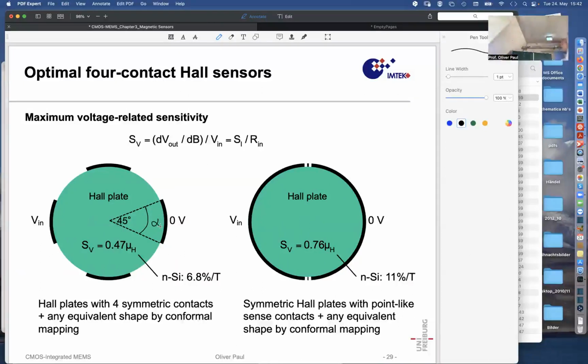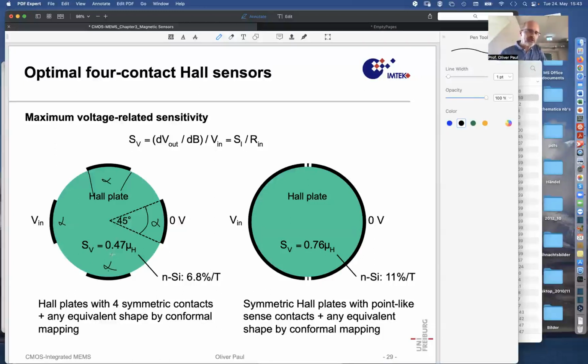You have 4 contacts. You drive in a current from left to right, and then you measure from top to bottom. Those contacts have a finite size that can be smaller or larger, but they should all be varying at the same time: alpha, alpha, and alpha. And then the analytical calculations, not the numerical calculations, show that for 45 degrees, you obtain the maximum,